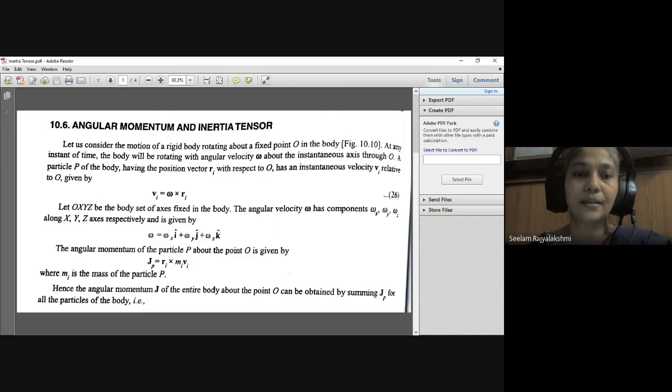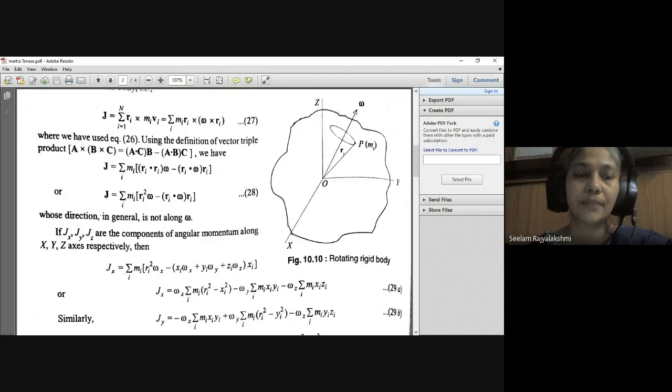Now let us consider the angular momentum for all the particles. So for all the particles, we are leaving the suffix p. The total angular momentum J is equal to sigma i equals 1 to n Ri cross mi Vi, which equals sigma i. So we can write it like this: mi Ri cross Vi, where Vi is nothing but omega cross Ri. Here we have used equation number 26, and by using the definition of the vector triple product we have